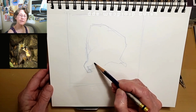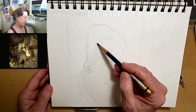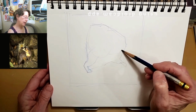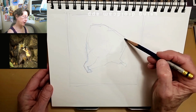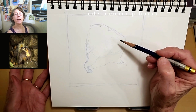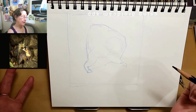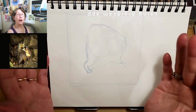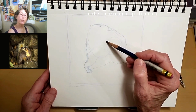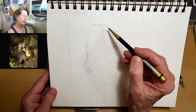And then it cuts up the thigh, and now you can see the mass of his body is right here, and his shoulders. I see I've made him a little too broad over here on my envelope, but this is just to give me a thing to correct. It's something to work against, which is all we're going to be doing here. We're going to go at it big and then correct, refine until we end up where we want to end up. Okay, and then his head comes up and over, and his nose comes about two thirds of the way through his tail,